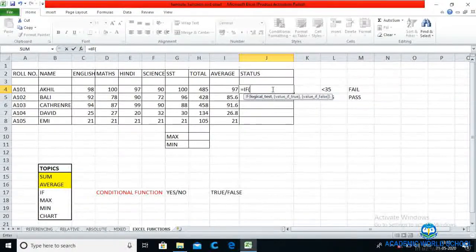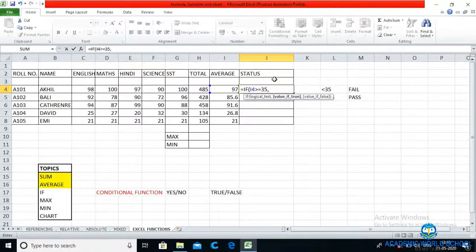How to find it out? Equal to if, bracket open. Now what you need to do? You need to give the condition. That is I4 is greater than or equal to 35.